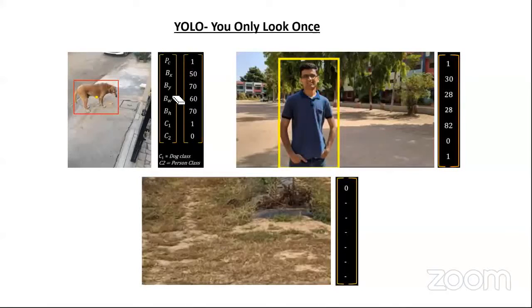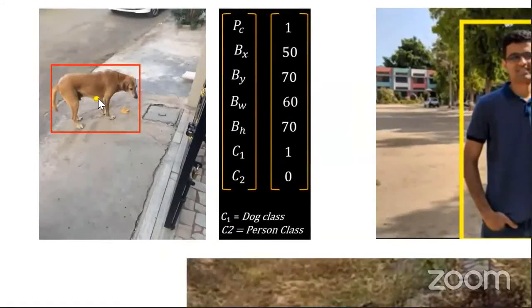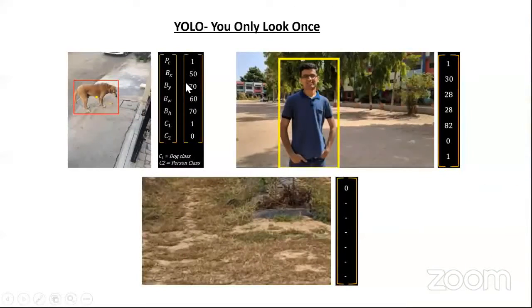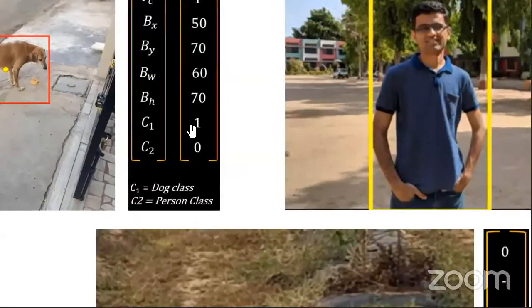You have BX, BY, BW, BH. These are coordinates, guys. BX and BY are the central coordinates. You can see a yellow dot here, and those are the coordinates BX and BY. After that, you have to tell the width and height, and you have to tell which class it belongs to.